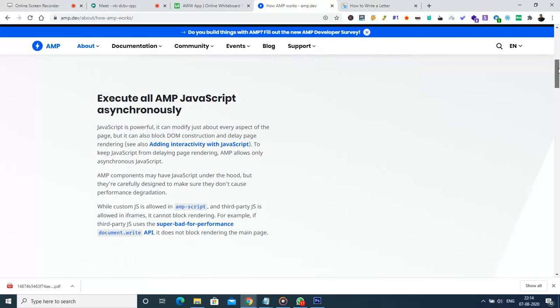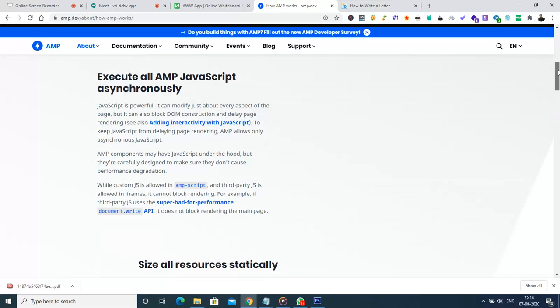So what are the benefits of having an AMP page, and for what reasons can AMP pages score high? The reasons are: execute all AMP JavaScript asynchronously. That means JavaScripts do not need to synchronize. They can act individually and be loaded.